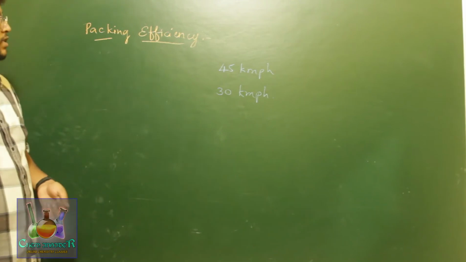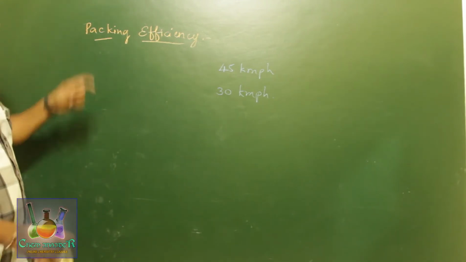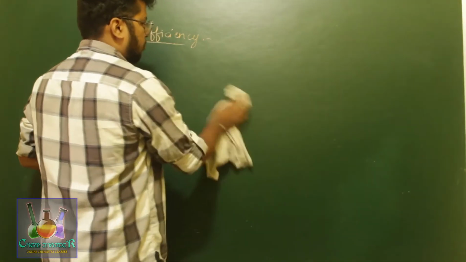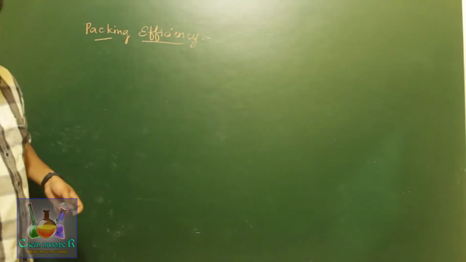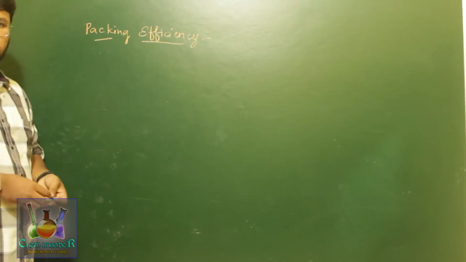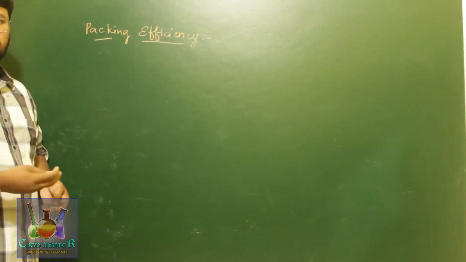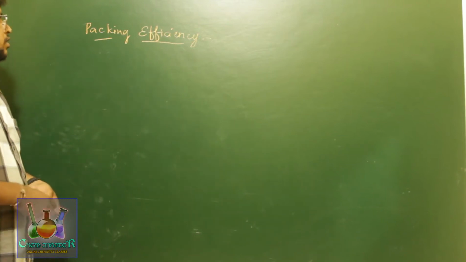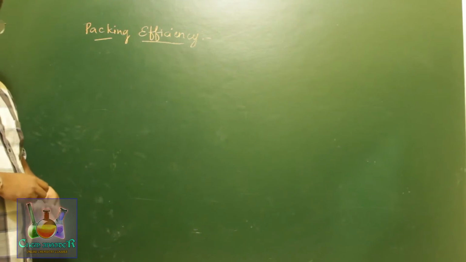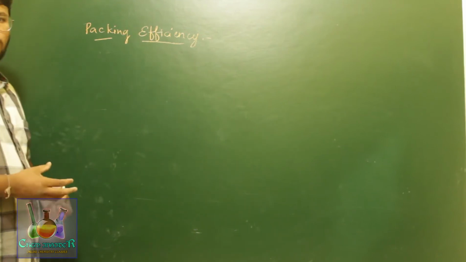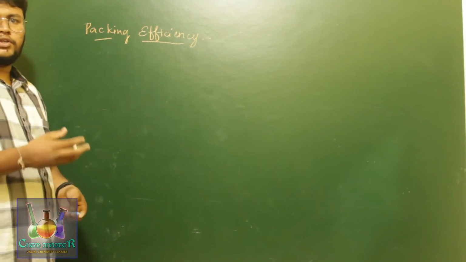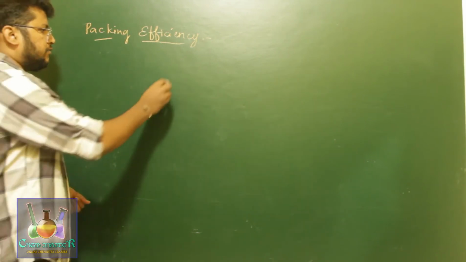Now for packing efficiency, the name says packing, so we have packed something, right? In the previous class we discussed something related to packing. What is that? That is close packing of atoms, how atoms are arranged in 1 dimension, 2 dimension or 3 dimension. Now packing efficiency in a solid is explained as the volume of the atoms which are occupying a given unit cell. So if this is a unit cell,